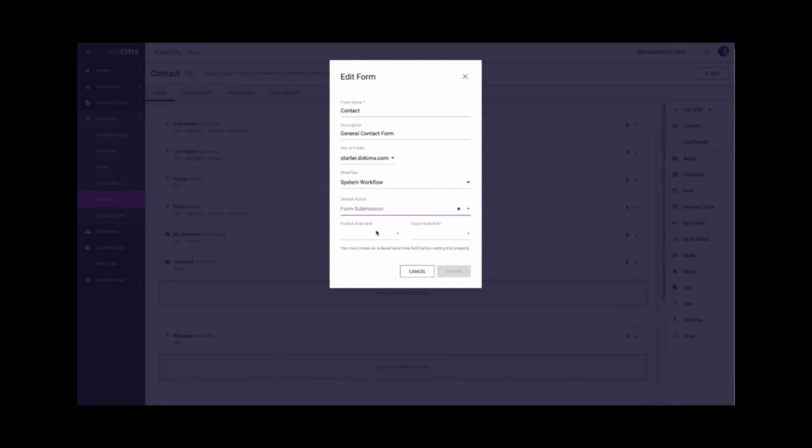But this is a really important capability, to be able to collect these form entries and then push them through a workflow, because it allows you to do things like save the form and then sync it to Salesforce, or collect the data and then fire a webhook. All of those are available as integration points. The workflow action allows you to take the information collected and process and post-process it however you see fit.